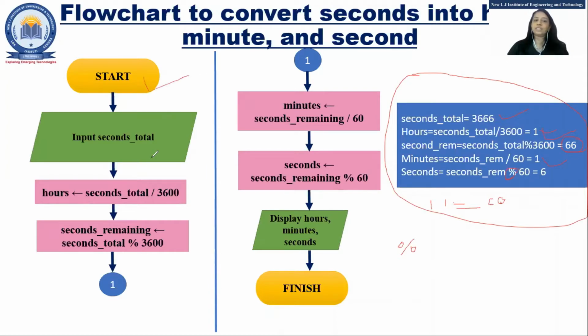Okay, fine. So now the same thing we need to convert into a flowchart. So the first step is always Start. Now I need to take input for this, because total seconds is 3666. Make a symbol. Okay, concentrate on the symbol. This is a parallelogram. Input seconds total. Here you can take any variable. I have taken the name second underscore total. You can't use just any variable like C, A, B. Just take a variable which has a proper format.